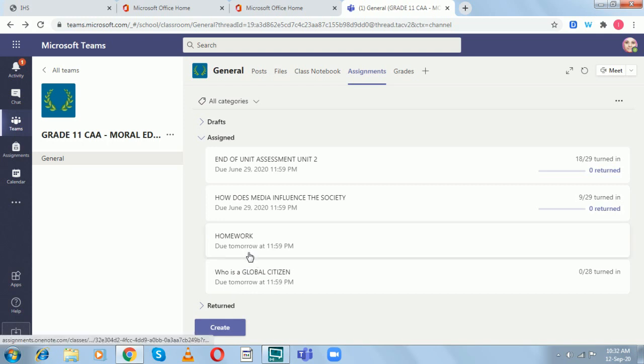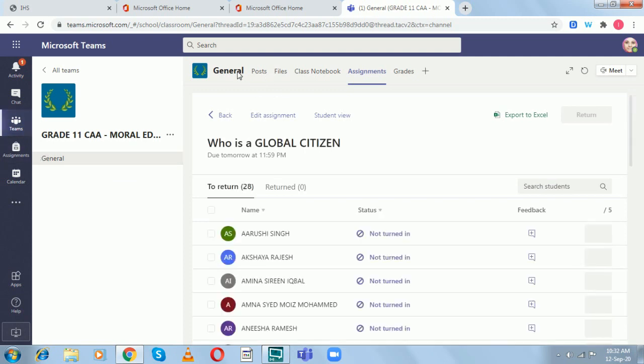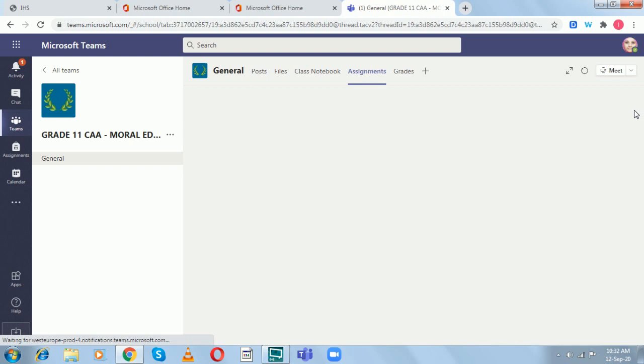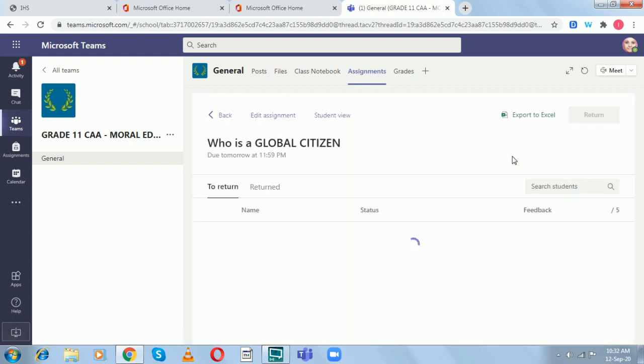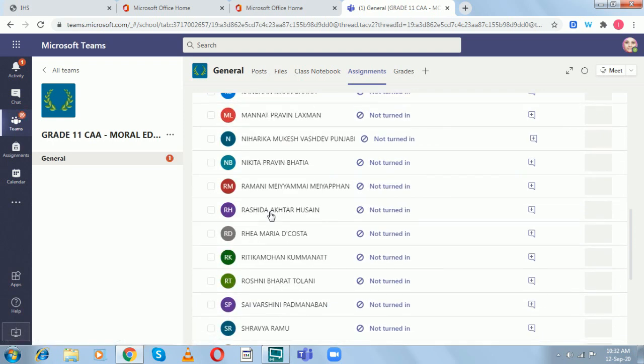So let's see how to review the work of each child, the normal assignment and the class notebook assignment. This is the normal assignment, wherein I can see the children who have got it, because it's not time for them to post it yet. Let's see. I'll go to the main page. You can see that this assignment is here. I will view the assignment, so I can see each child has got the assignment page in their book.